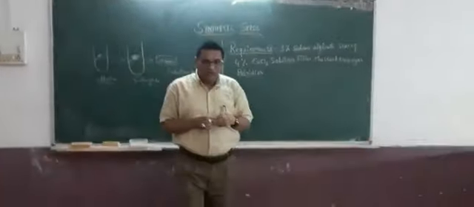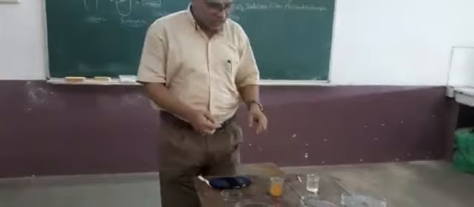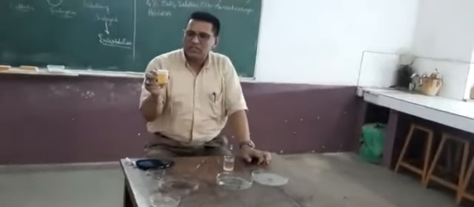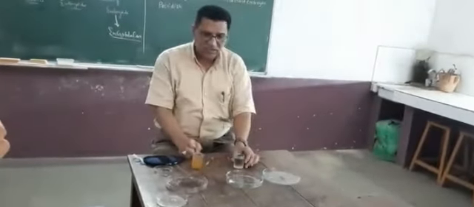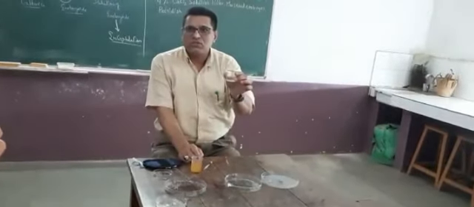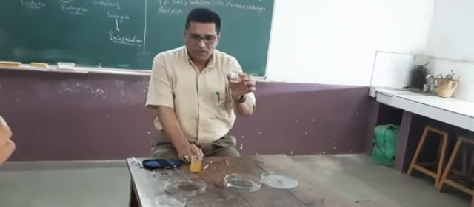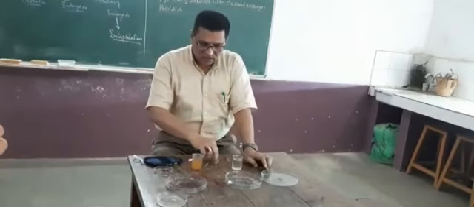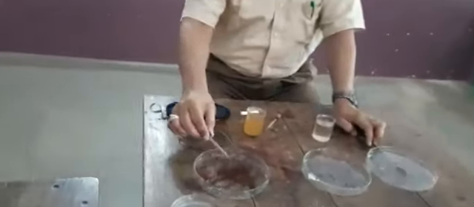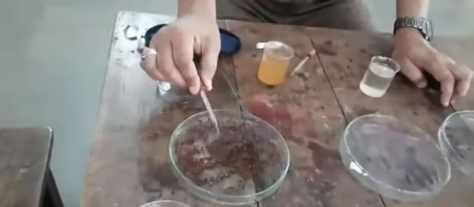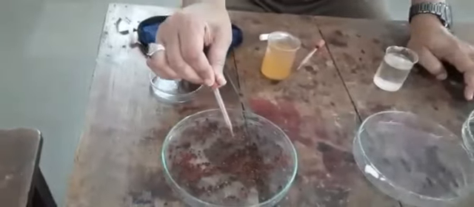However, I have already prepared the sodium alginate slurry. See, this is 3% sodium alginate slurry which I have prepared for 50 ml. This is calcium chloride solution which I have prepared for 50 ml. So here are the embryos of mustard seed, or the seed itself. I have soaked these seeds overnight.